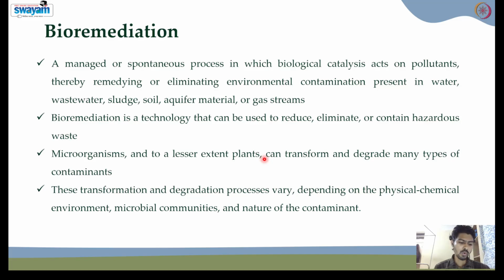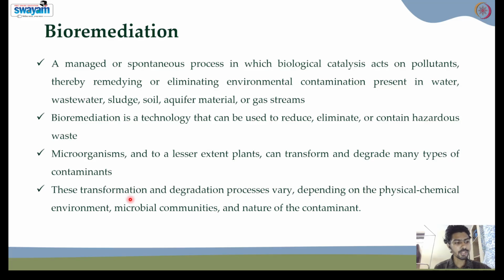So what are all the key players that play an important role during these reactions? Mainly the microorganisms. As I said, it can be bacteria, fungi, yeast, or any other microorganism. And to some extent, it has been extended to plants and insects. If you are using plants to remediate the environment, we call it phytoremediation. This will also be discussed in the upcoming slides. So, what are all the key players? Microorganisms, plants, or insects, which help to transform or degrade the contaminants.